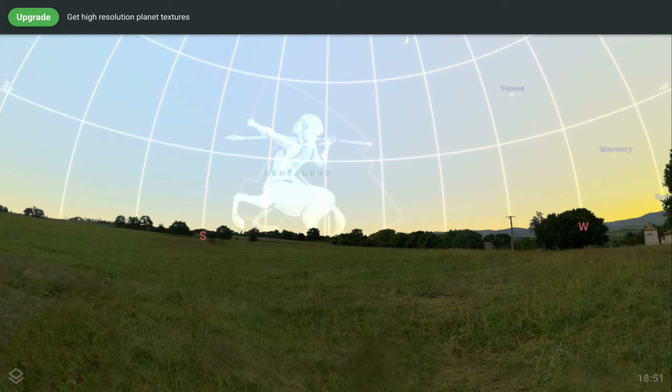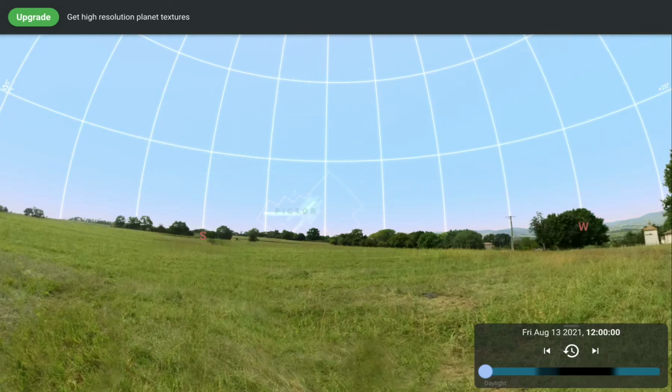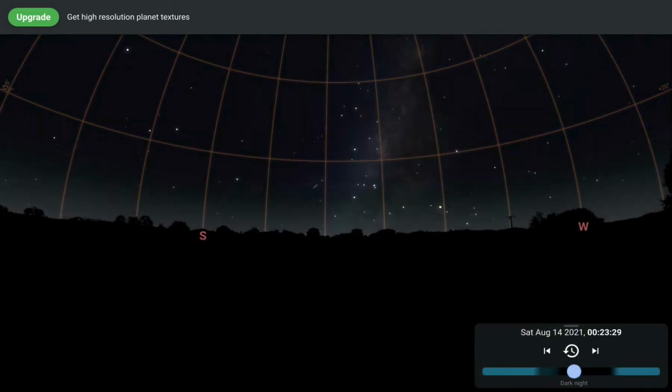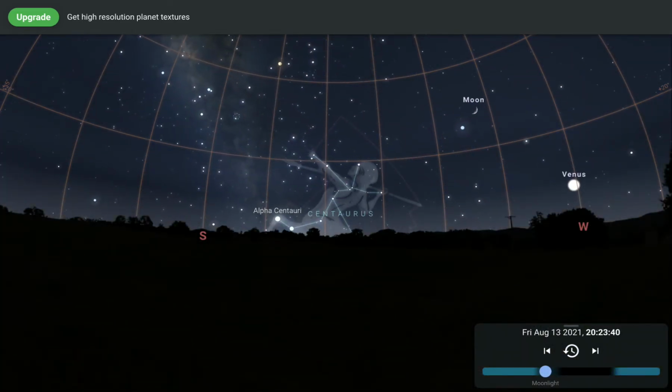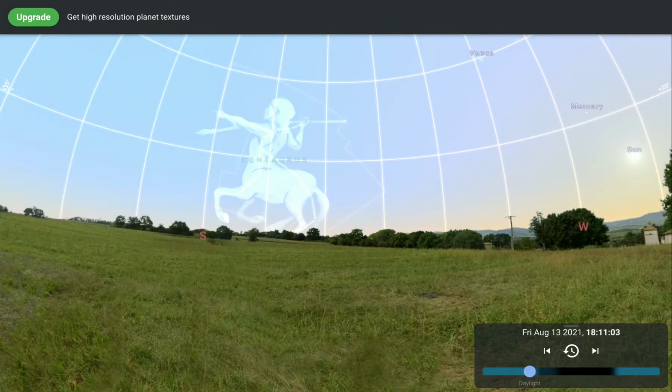Now another thing that is very helpful is that we can change the time. Can you see on the downside that there is written 1851? We can change the timing, Friday 13th August. We can go back, and we can go forward. We can predict what will happen. It's like we can do time travel. Now we can change the date also, not just the day. I've changed only the day, but we can change the date too.